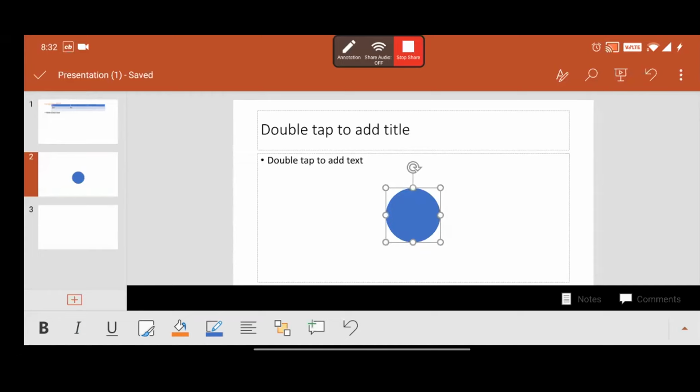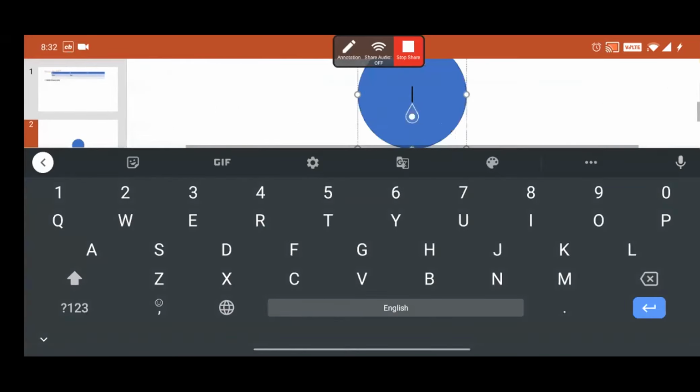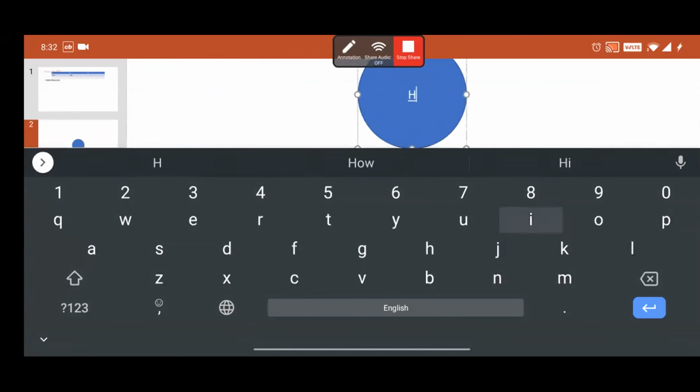Now what I want to do is I want to write inside the circle. So do you think it is possible? No, sir. Everything is possible, beta. You have to double tap.